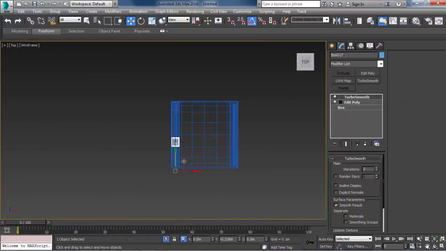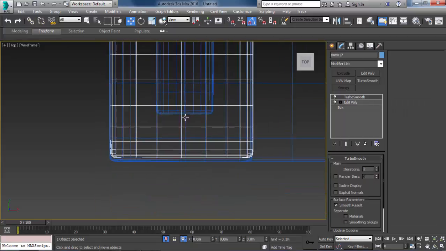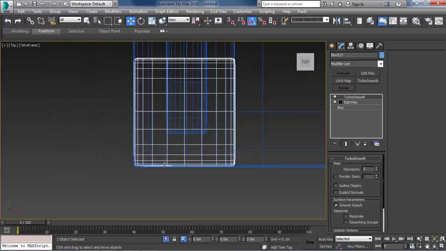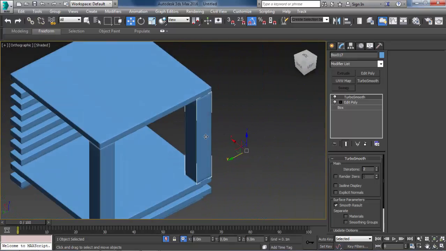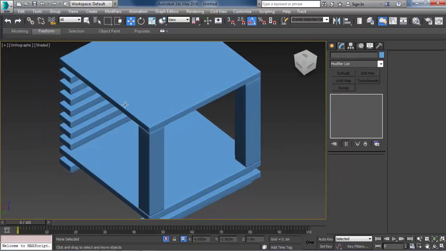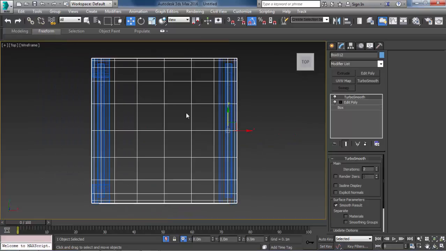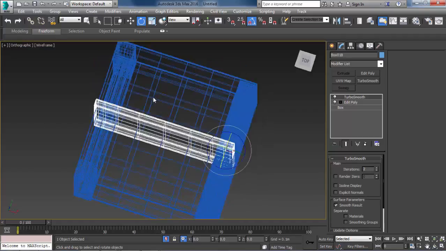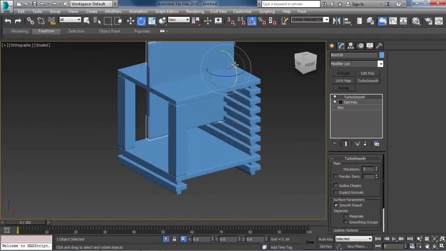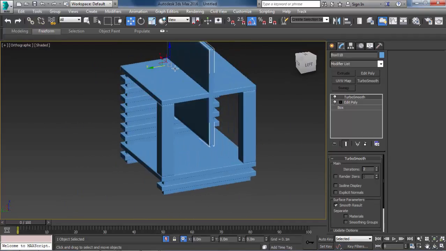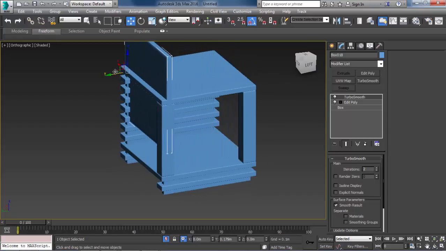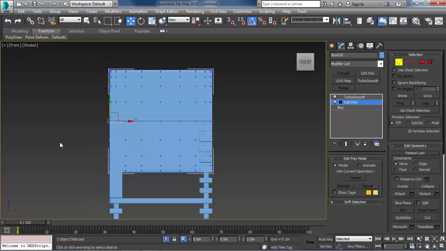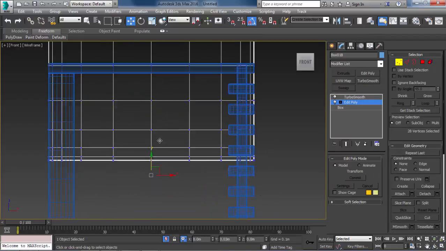So now, okay, we have just one final piece. Top view. And from the front view, select those.